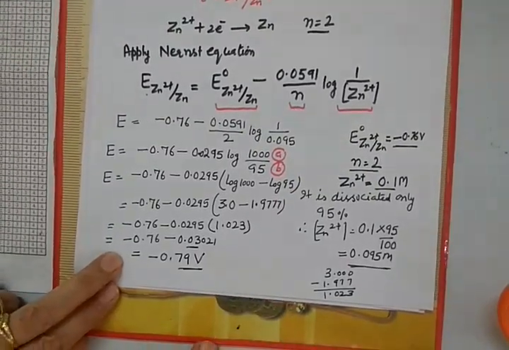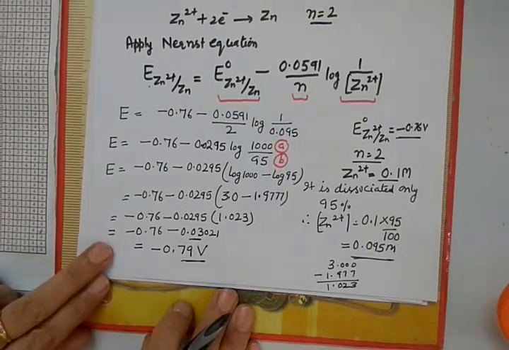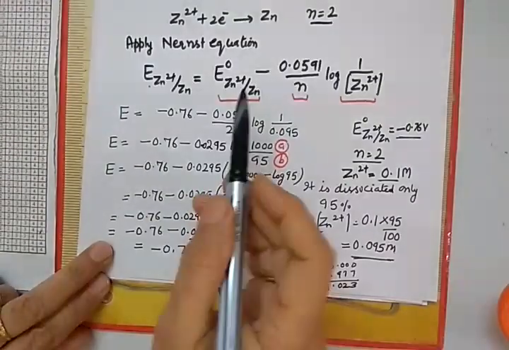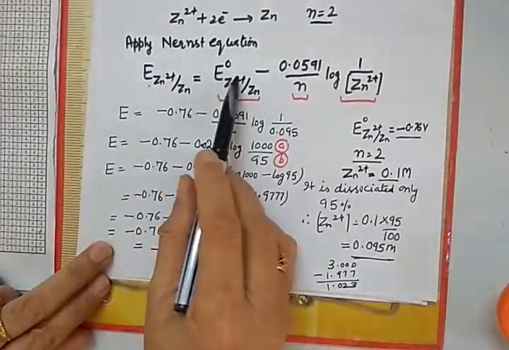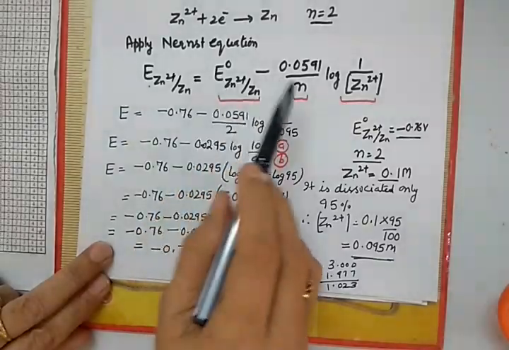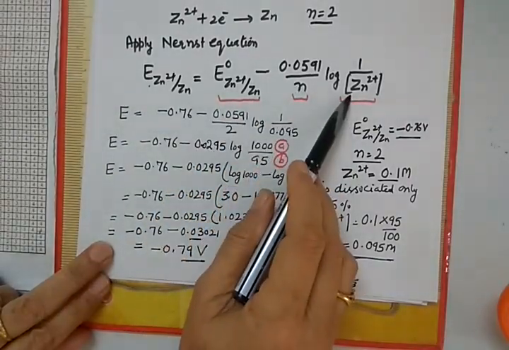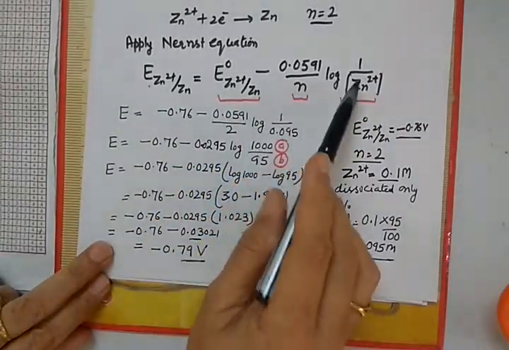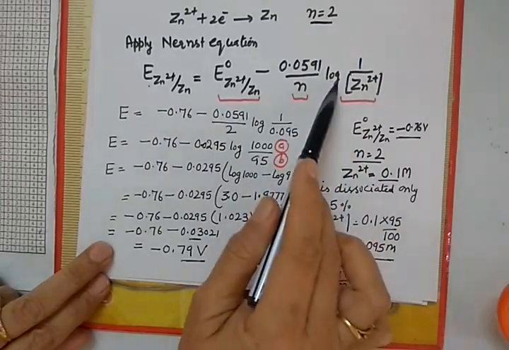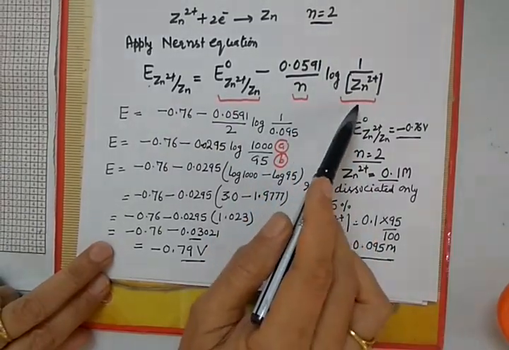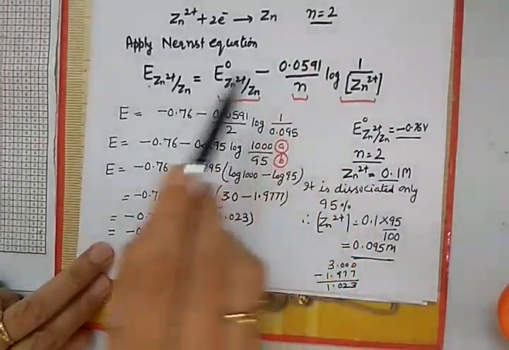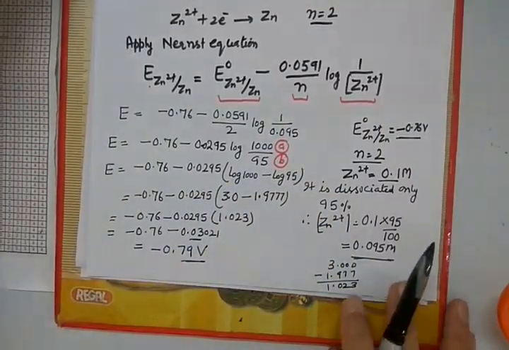So students, this will be the answer to this question. You have to take care of 4 things. First, the value of this, the value of this, and the value of this. After doing it, we are to calculate this factor in which log is involved. So you have to practice these things. Let us do another question.